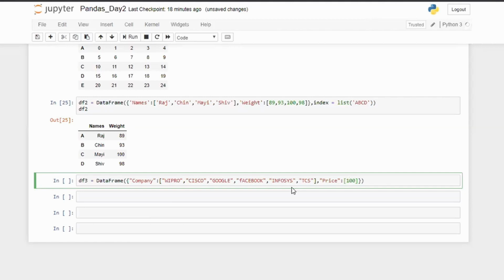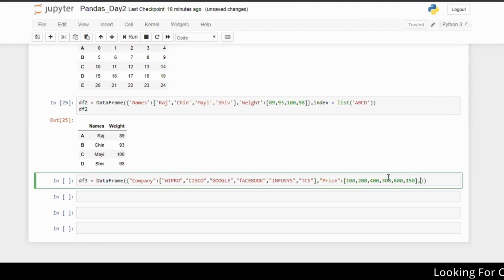Suppose 100, 200, 400, 100. How many values here? 1, 2, 3, 4, 5, 6. Then 600, 150, and this 300.